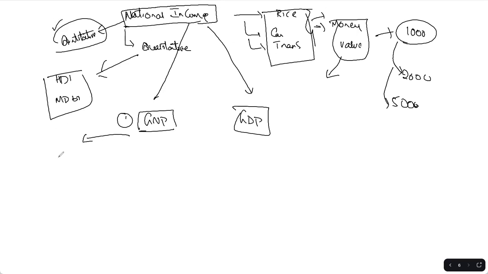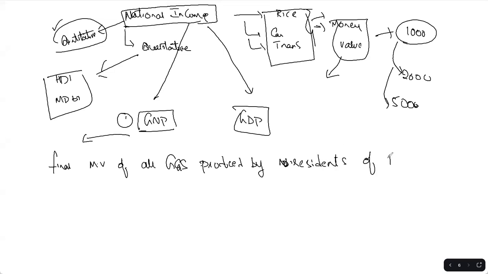So GNP is nothing but the final money value of all the goods and services produced by residents of the country. जीडीपी क्या होता है? सेम, फाइनल मॉनेटरी वैल्यू ऑफ ऑल गुड्स एंड सर्विसेज प्रोड्यूस्ड विदिन द डोमेस्टिक टेरिटरी।